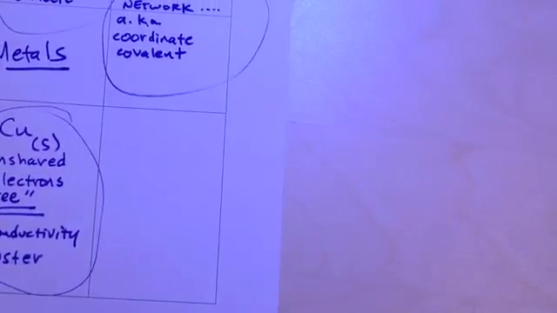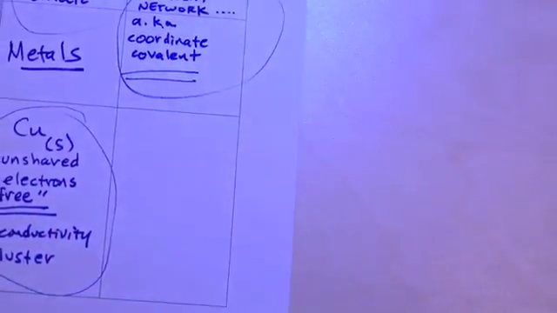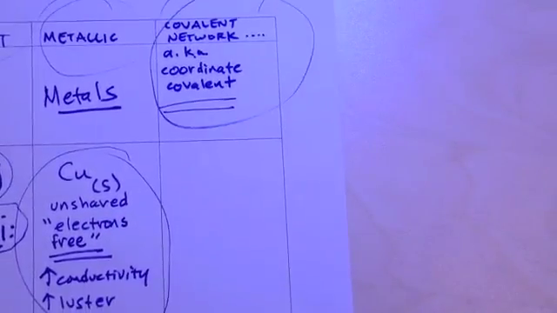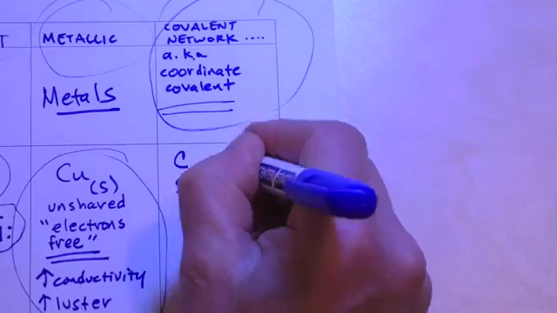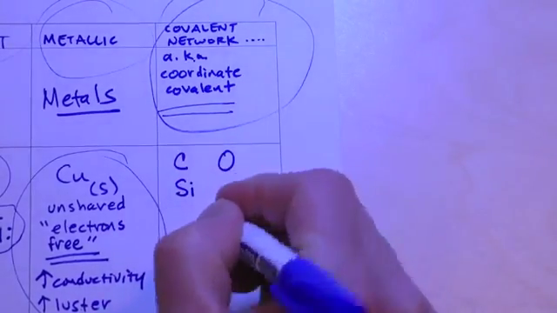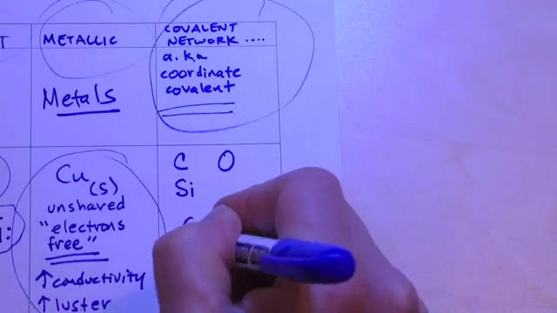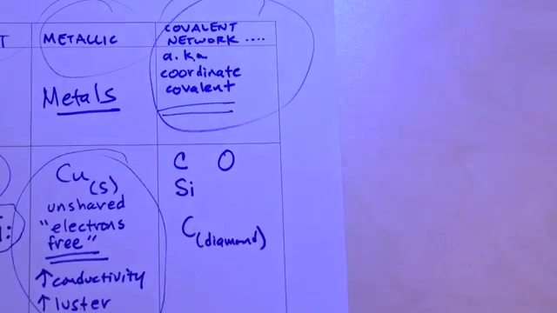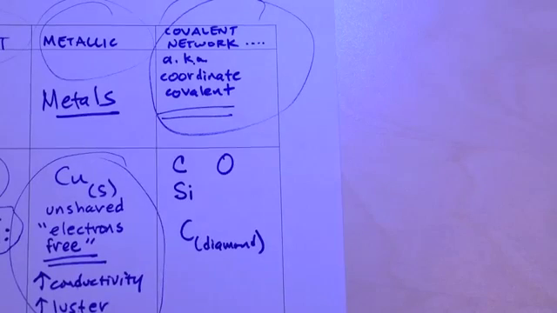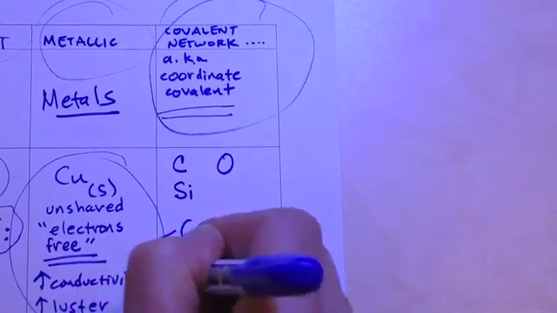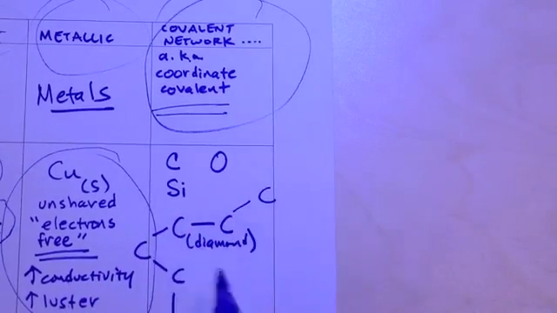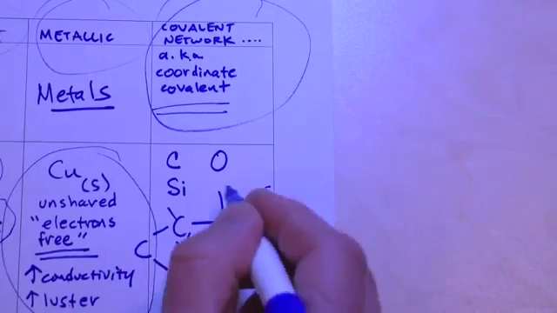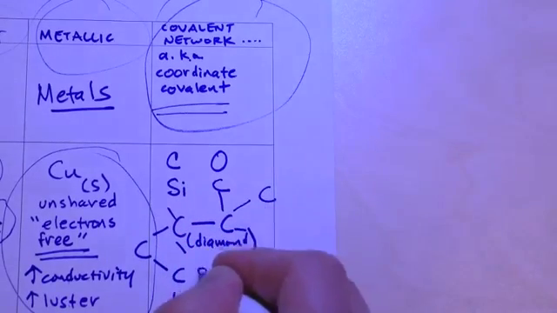The fourth pillar of bonding is called covalent network. Covalent network bonds are unique in that they're between carbon and silicon, and sometimes involve oxygen. For example, carbon in the form of diamond is a covalent network bonded structure. These are strong bonds from carbons to carbons to carbons, and I'm drawing these dashes because they illustrate that the carbons are stuck together to one another, and then they also stick together to other carbons,